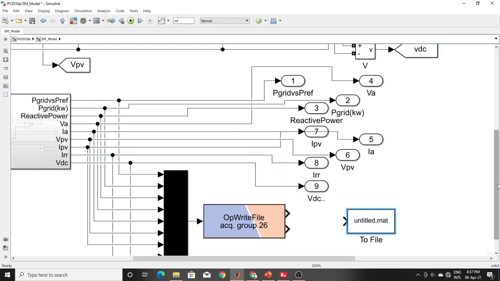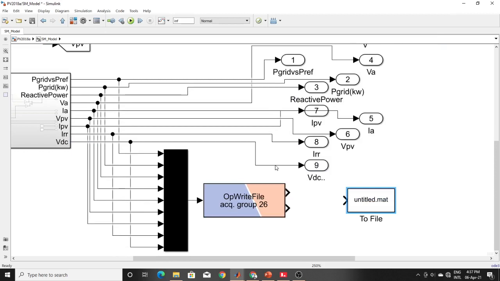Some guys, when they are running any normal MATLAB model and need many results, like here I need 8 or 9 results, add a To Workspace block with every output signal. It's better to just add one To File block.